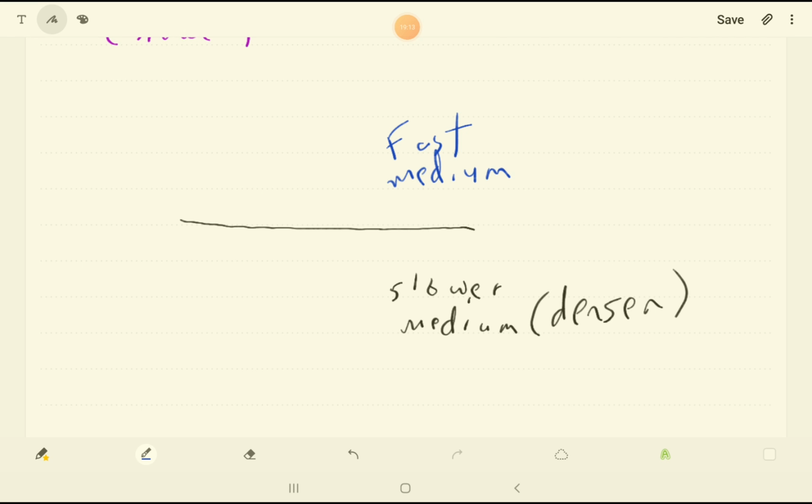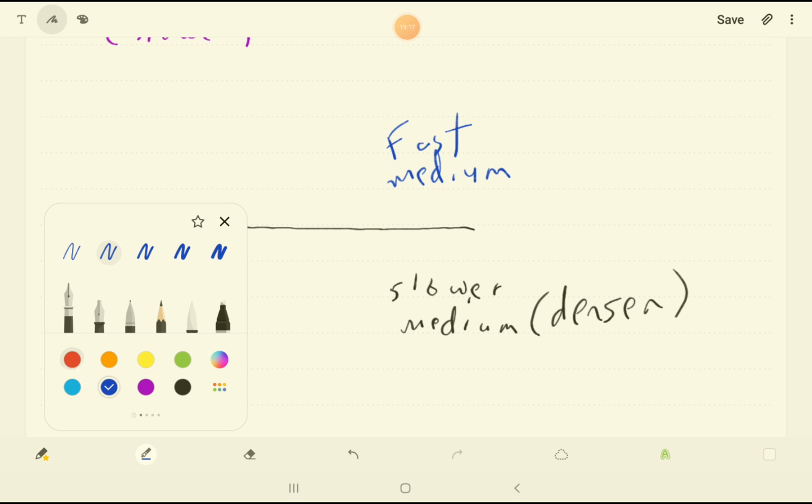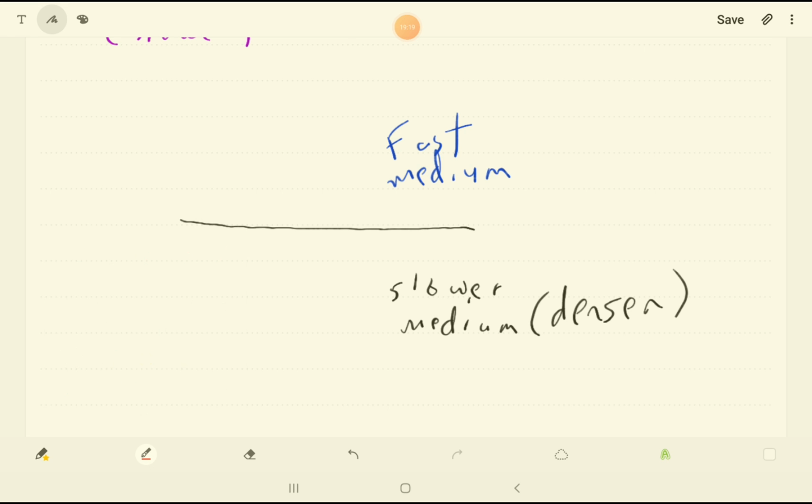Okay, so for the first thing to be true, the first condition to be satisfied, light can't travel like this from the faster medium towards the slower. It has to be the opposite. So it's got to go from the slower medium and approach the faster medium, which is above the black line over here. Now, when that happens, and we create our normal line over here,